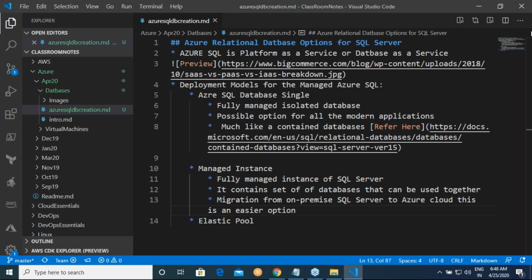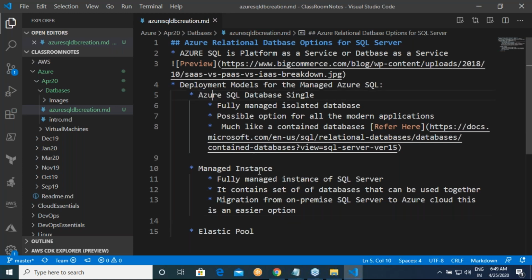For example, tomorrow if you want to migrate a database which is present in your office right now to Azure, then this is the best option, because environmentally it is the same thing as your database.